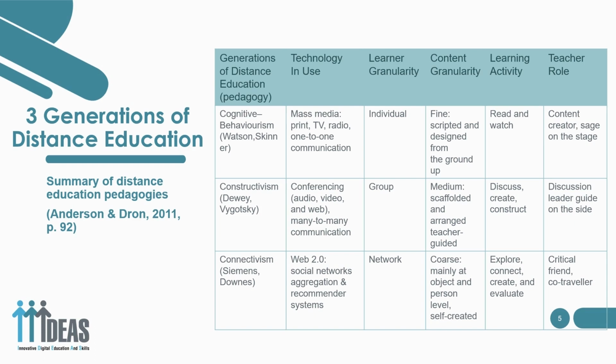The third generation believes that learning is building networks of information, contacts, and resources that are applied to real problems. Connectivist knowledge is emergent, distributed, and contextualized. Connectivist focus is on networks, not groups. In summary, to be successful in providing high-quality distance learning, all three generations of pedagogy should be used in relation to the learning content, context, and expectations.